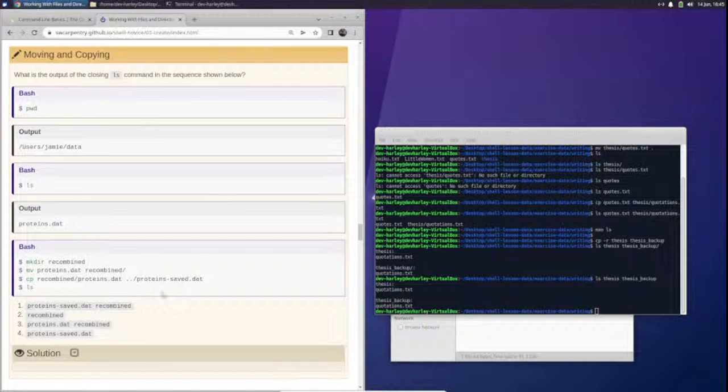Protein, yeah, this one. So we'll make a copy of that and move it up to